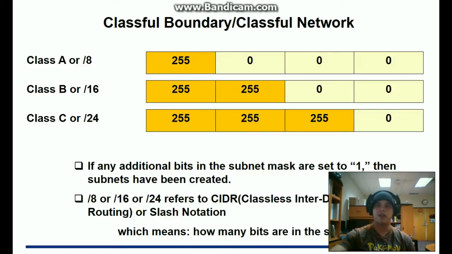Reason why it's all 255s, if you add up 1, 2, 3, 4, 5, 6, 7, 8 bits and they're all turned on, the highest value you can get is 255. Okay, so that's why when all networking bits are turned on, when they're all ones, everything in the octet is 255. All right, so